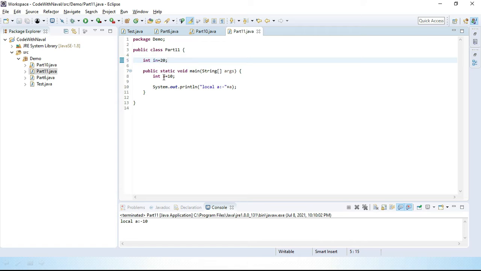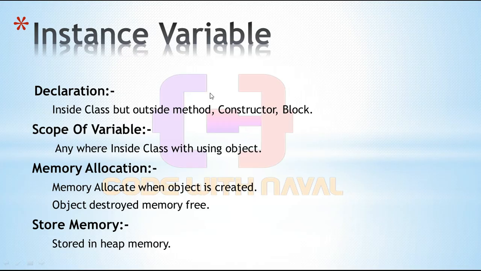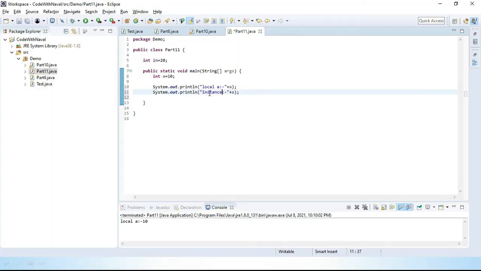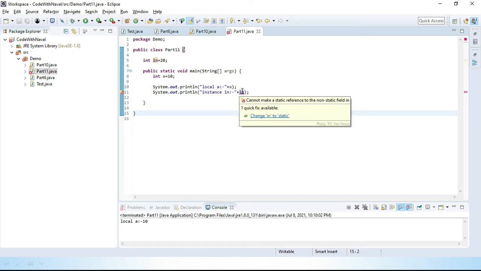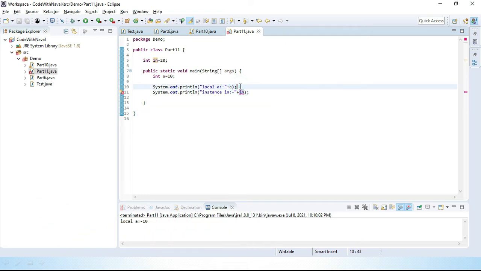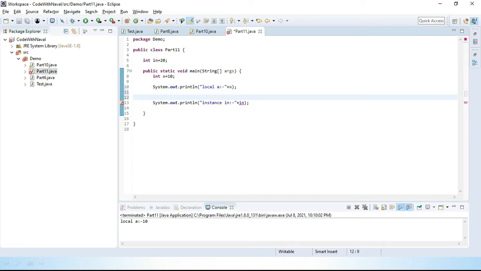Let's save this and try to access this instance variable without creating an object. I simply print the instance variable instanceInt, save this and try to access it. You can see it's throwing an error. So how can we access it? First we have to create an object. I'll create the object: Part11 pt = new Part11.